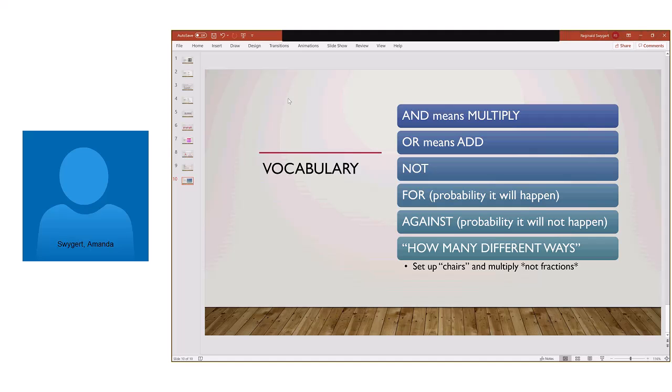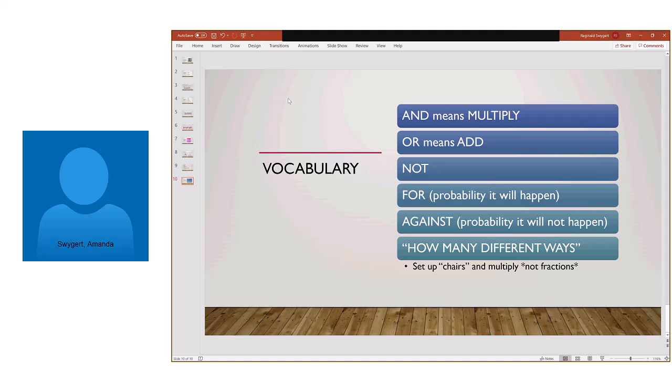All right, so the keyword is "and," and you need to remember that "and" means multiply. So you would be figuring out the probabilities for each thing happening, and then you just multiply the two, which means we need to know how to multiply fractions, okay? Which we'll talk about in a second, and we'll look at how the calculator can help.